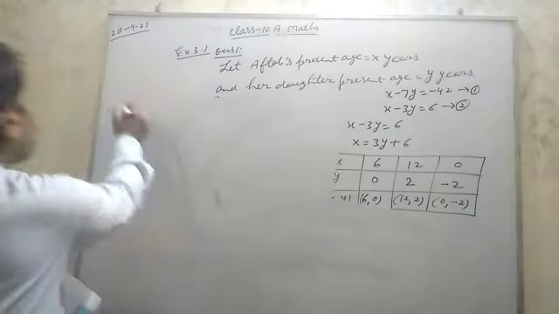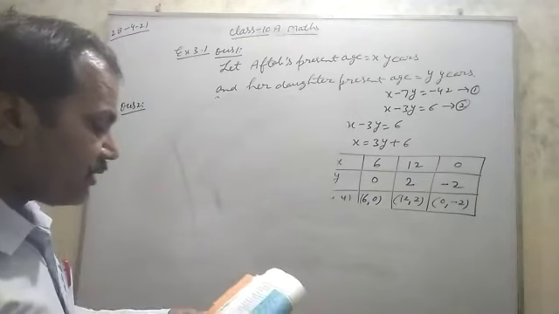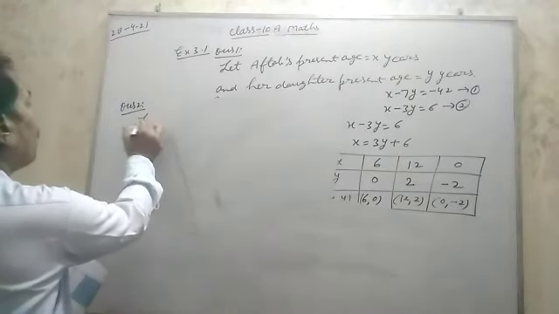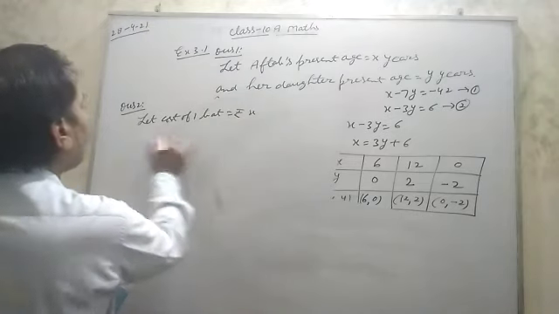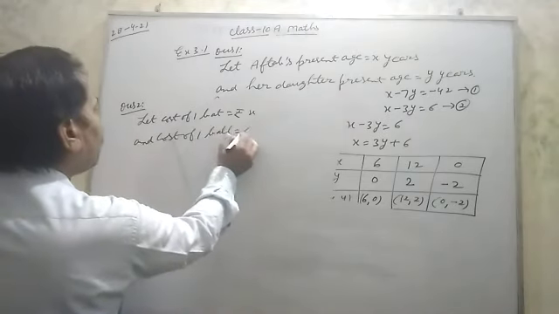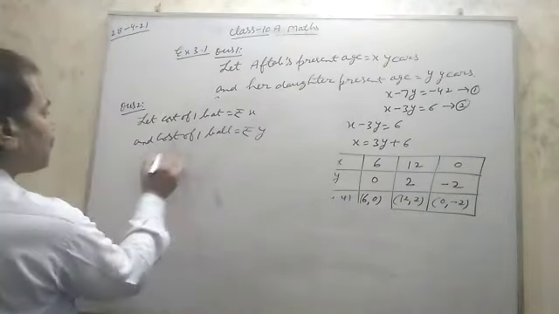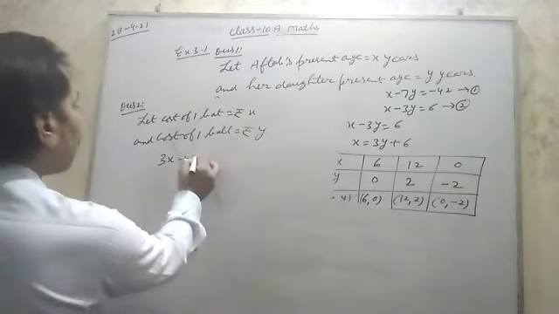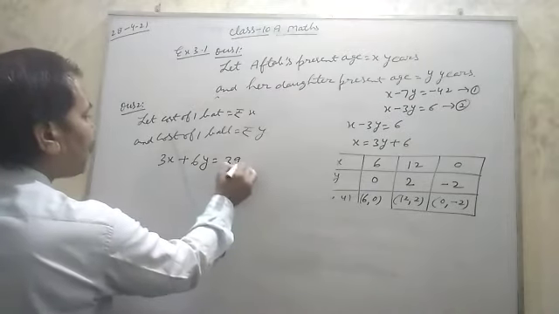So question number 2. Only questions you see. The coach of a cricket team buys 3 bats and 6 balls for rupees this. So suppose 1 bat. Okay. Let cost of 1 bat is equal to rupee x and cost of 1 ball is equal to rupee y. So the coach of a cricket team buys 3 bats. So 1 bat costs x rupee. So 3 bat their cost will be 3x. And 6 balls. So 1 ball their cost y. So 6 balls 6y. And total 3,900.